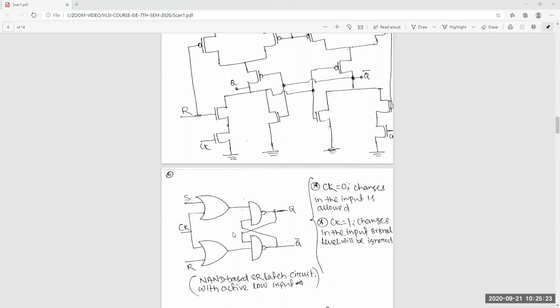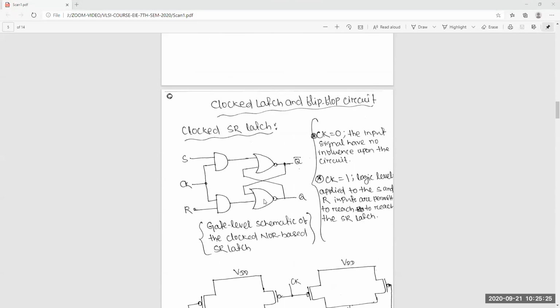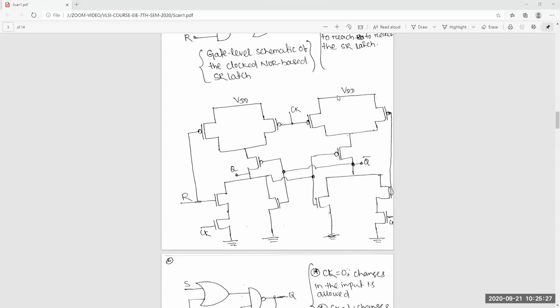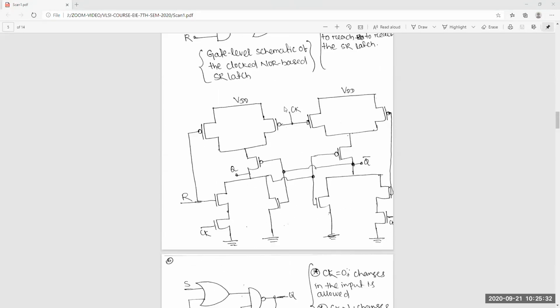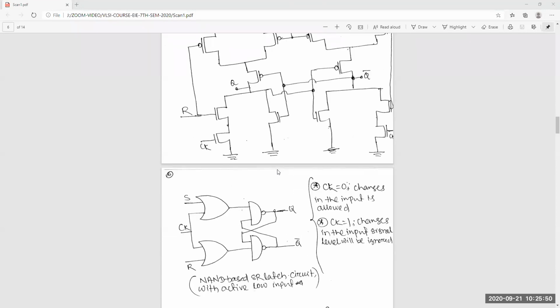So finally, you can see these are the same number of transistors required. You can see this is AND-invert, so it's 3 plus 3 plus 3 plus 3, total 12 transistors. So you are saying 20. Sir, in this it is 12 transistors, but in that it is 20, because OR will have 6 transistors. So 2 ORs, 6 plus 6 is 12, and NAND will have 4, 4, so 8. So 12 plus 8, 20.